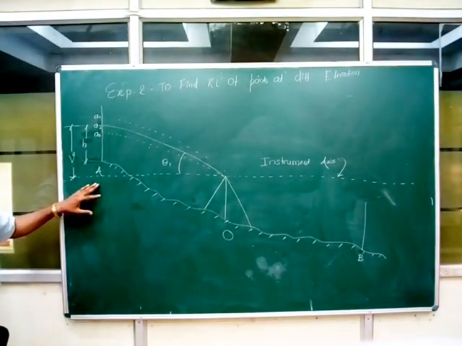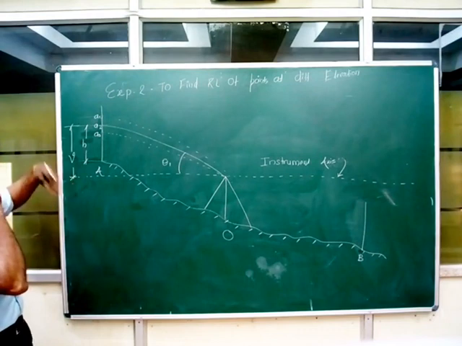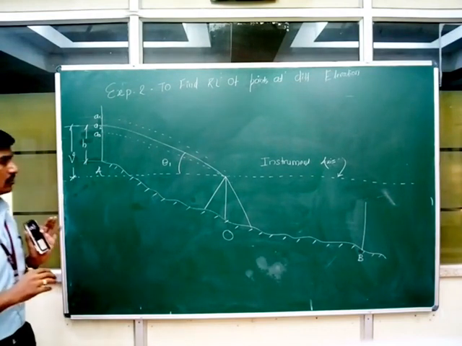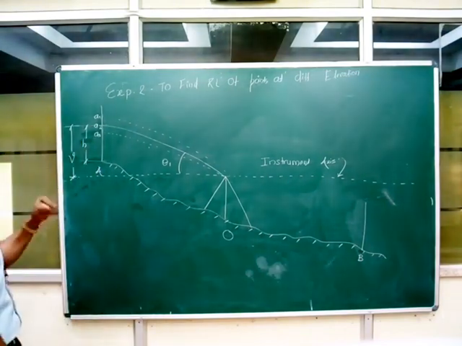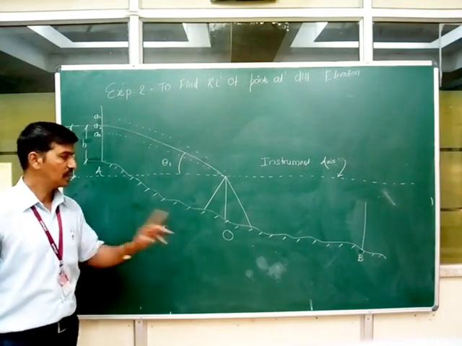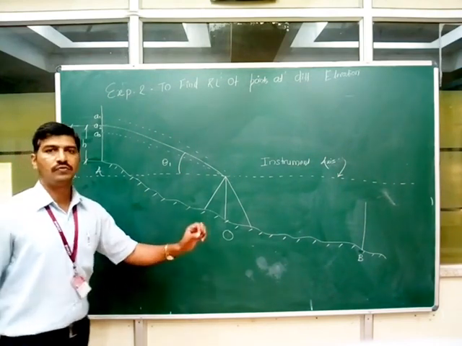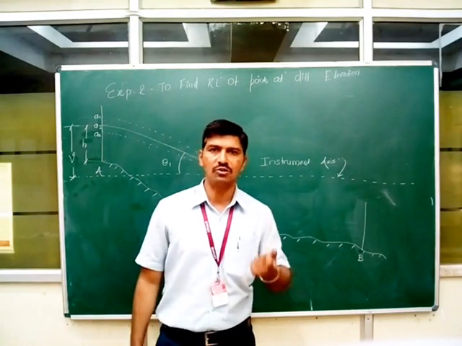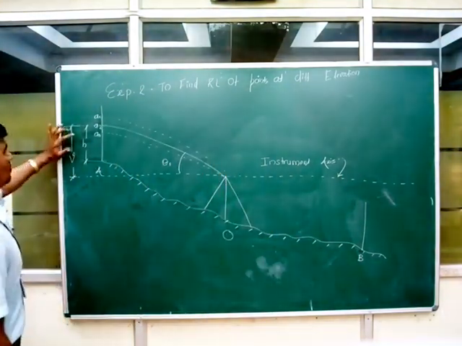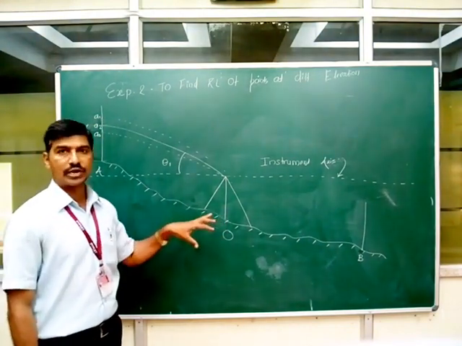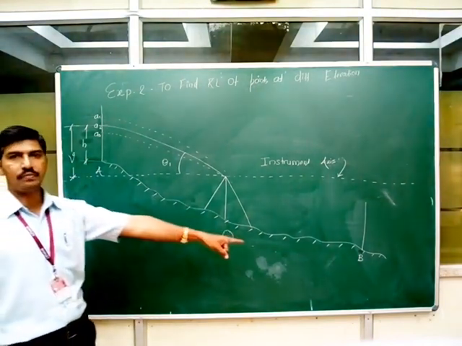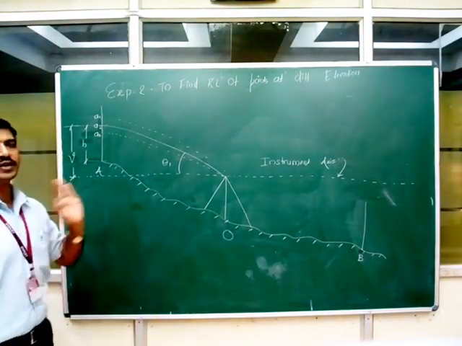In case number 1, we have a line of collimation inclined in the upward position. The procedure will be like this. Select 2 points, point A and point B. Keep the instrument in such a way that we have visibility of both points, point A and point B. Then, after the temporary adjustment of your tachymeter, try to bisect point A and point B. When you bisect point A, what reading do we have to take?